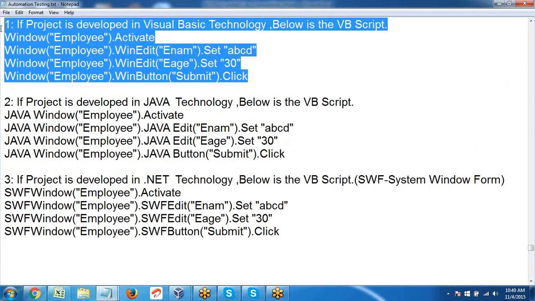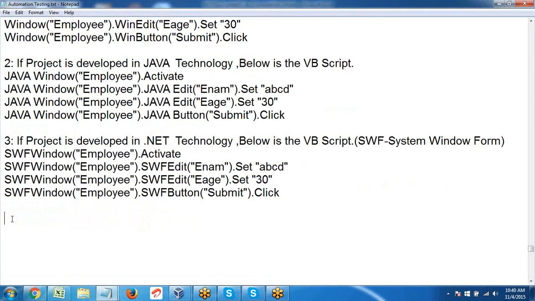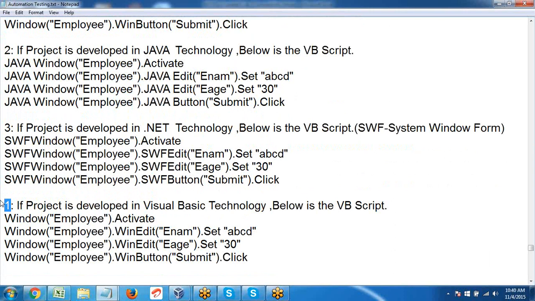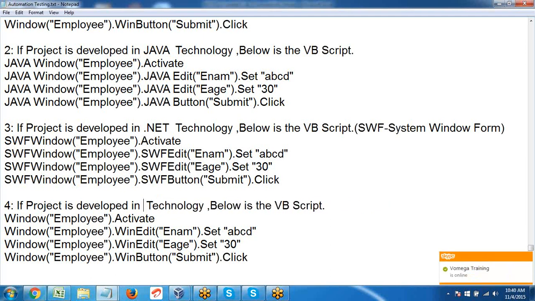If the same application is developed in SAP technology, Java or .NET is more than enough. Even so, there is an easy method you will come to know. SAP means here